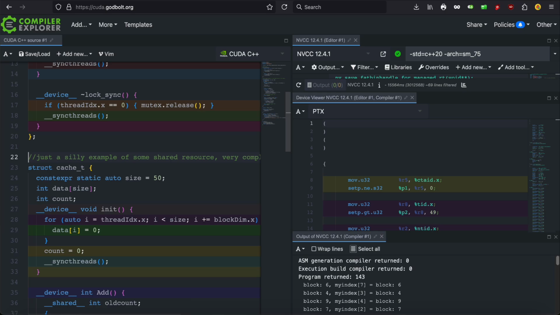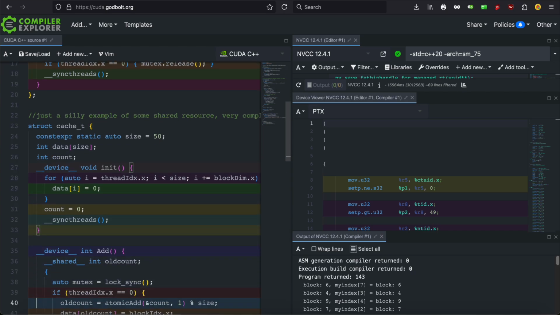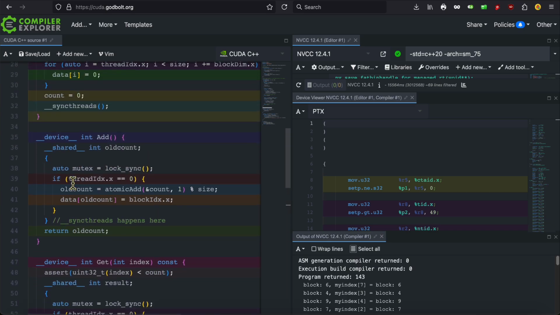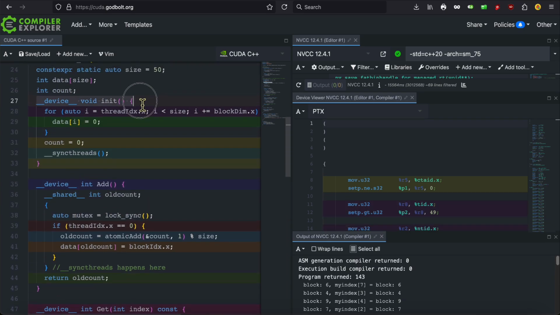Next we have a structure, a very complex structure with lots of internal details. In this case it's a simple array. We need to initialize that one because it's a global structure for the example here, and we can't put a constructor on a global. So we have a separate init that initializes the data. Then we can add items to our complicated data structure.